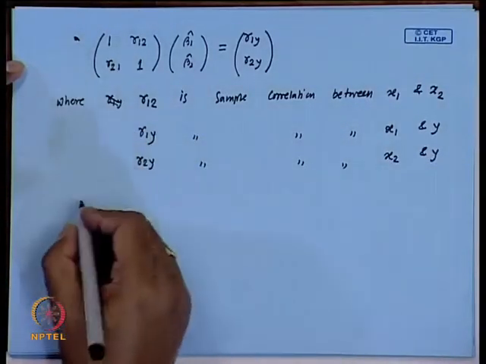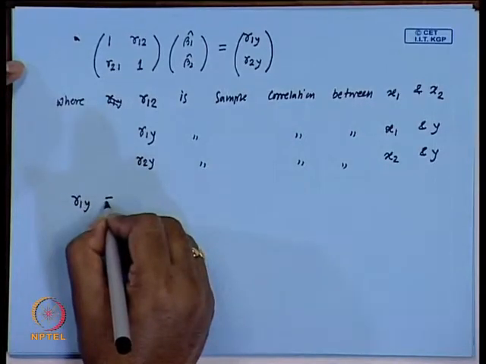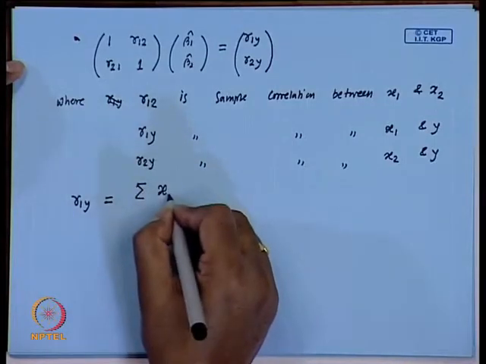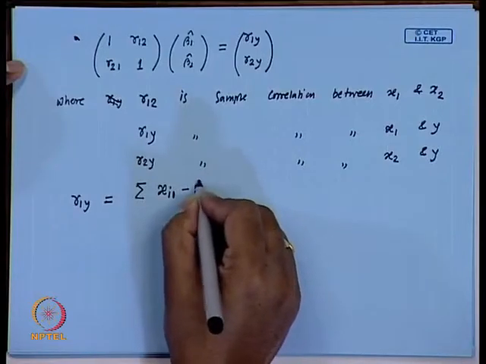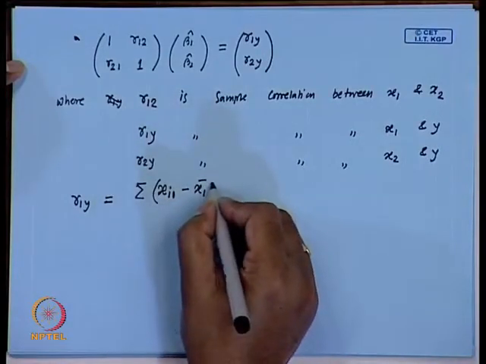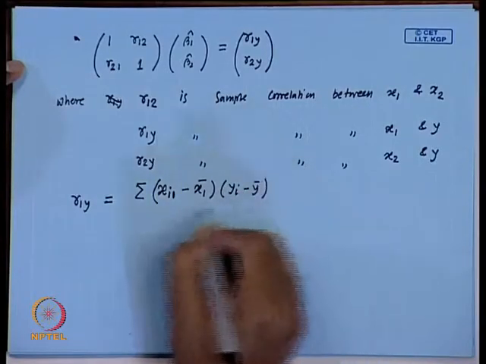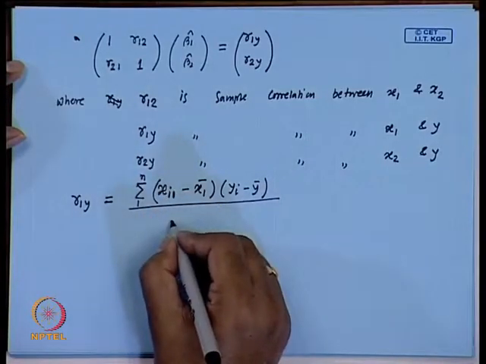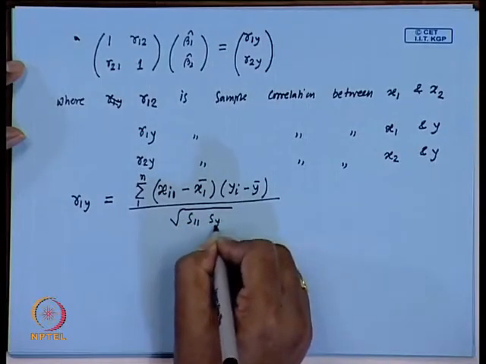So, what is the formula of r_1y? r_1y is equal to the sum from i equal to 1 to n of (X_i1 minus x_1 bar) into (Y_i minus y bar), divided by root over of S_11 S_YY,